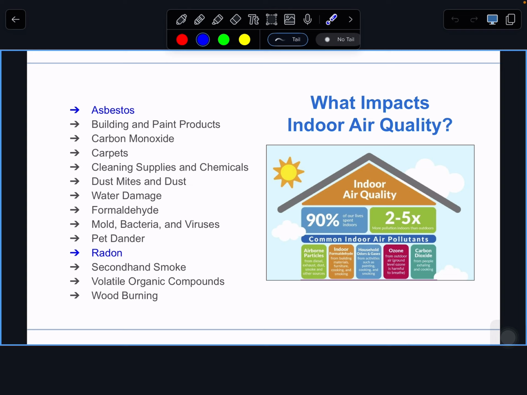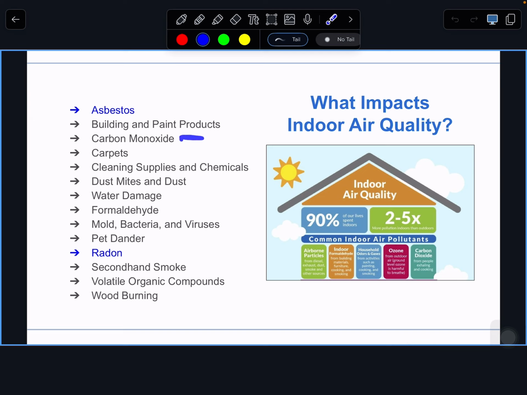I grew up in a house that was fairly old. My parents still live there. And we had popcorn ceilings in every single room of the house. When we had to take them off, my parents were wearing big ventilator masks, and they had to spray the ceiling with water and scrape it off with a palette knife because there was asbestos in it. They didn't want it to become airborne, so they wetted it so it wouldn't become quite as airborne, and they had their masks on. So asbestos is something that, again, I don't know why we decided it was a good idea to put it in our building materials, but we did, and that was a mistake.